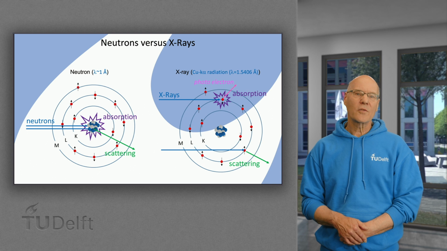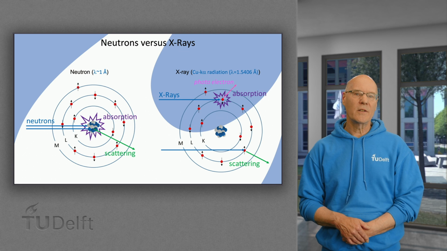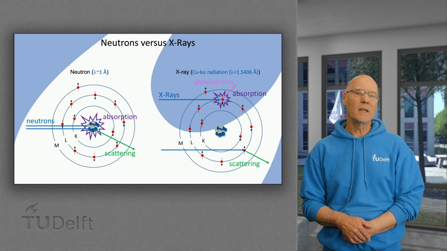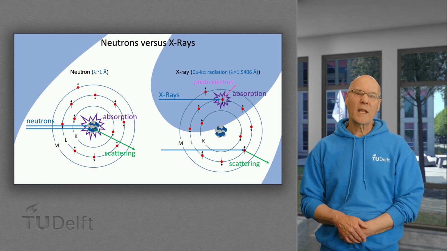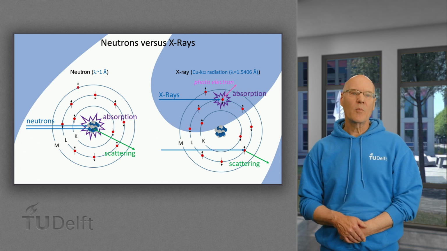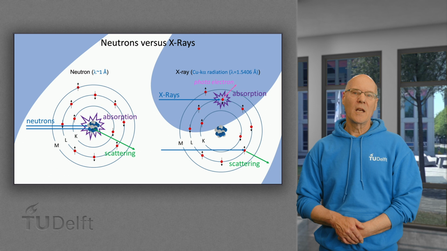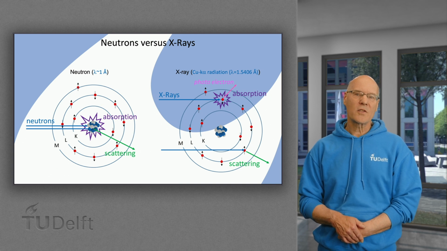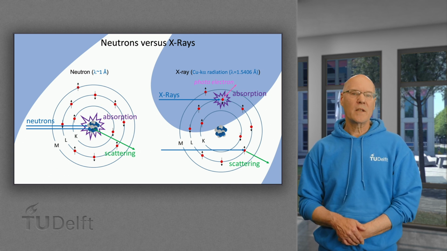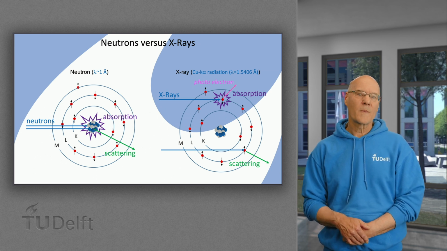As said, neutrons can distinguish between different isotopes of the same element, such as hydrogen and deuterium, the latter assigned by a capital D. So, for instance, we can play with the contrast by replacing water H2O by deuterium oxide D2O. Interestingly, vanadium scatters X-rays strongly, but its nuclei hardly scatter neutrons. This is why it is often used as a container material for neutron analysis.